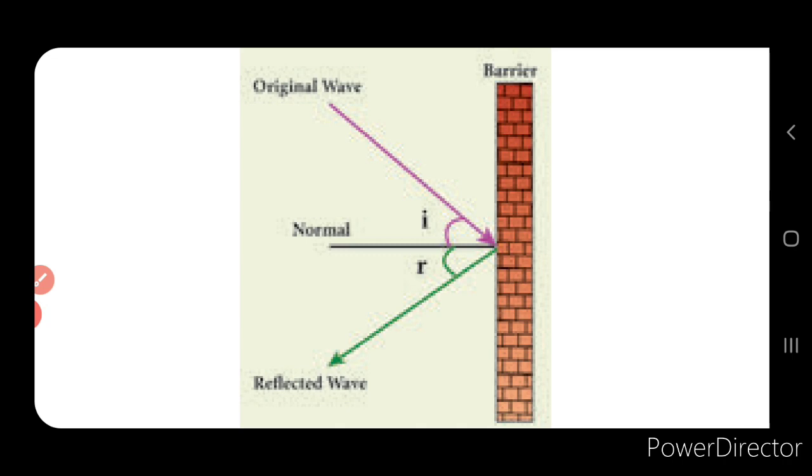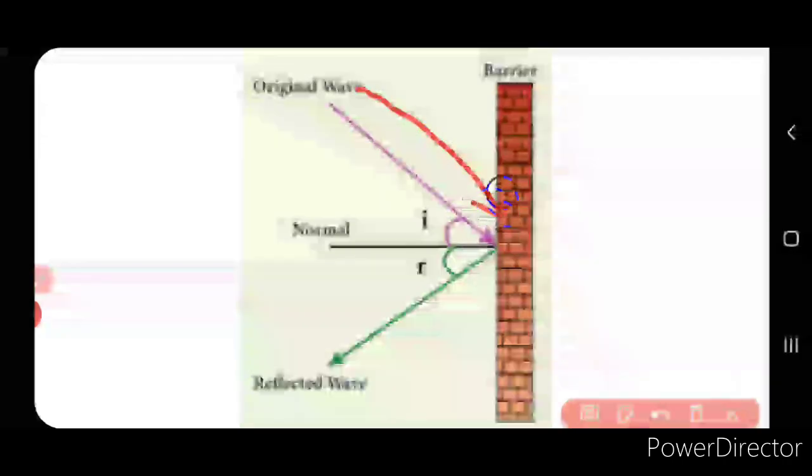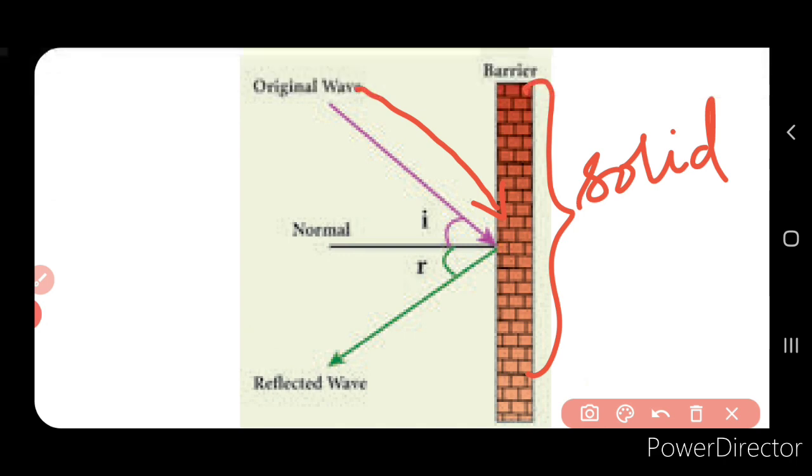Now here in the picture you can see that this is the original wave, so it is called the incident wave, right? It travels through an air medium and strikes the solid surface, so this is a solid medium. Now after it touches the interface of the other medium, what will happen? It gets reflected, isn't it? So this is the reflected ray, and when you draw a perpendicular line between these two, it's called the normal. This is the angle of incidence, the angle between the incident ray and the normal, and this is called the angle of reflection, the angle between the reflected ray and the normal.